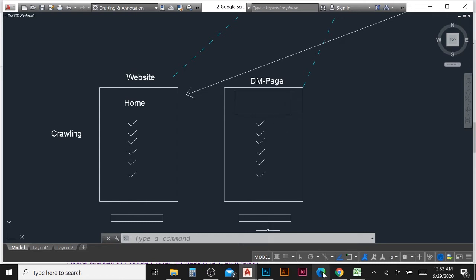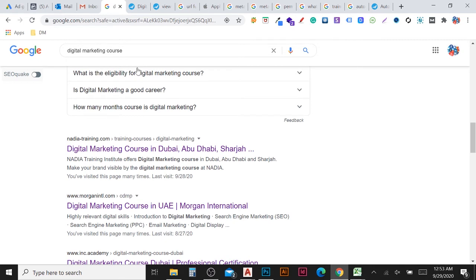People will search different keywords for the same product. For example, people will search digital marketing course or digital marketing training, which are two completely different keywords, and also social media marketing course, internet marketing course, web marketing course, online marketing course. People say so many things. So we need to find out how many keywords people are searching in your targeting country, which one is the high searching keyword with more people searching, and which one is the lowest, like that.